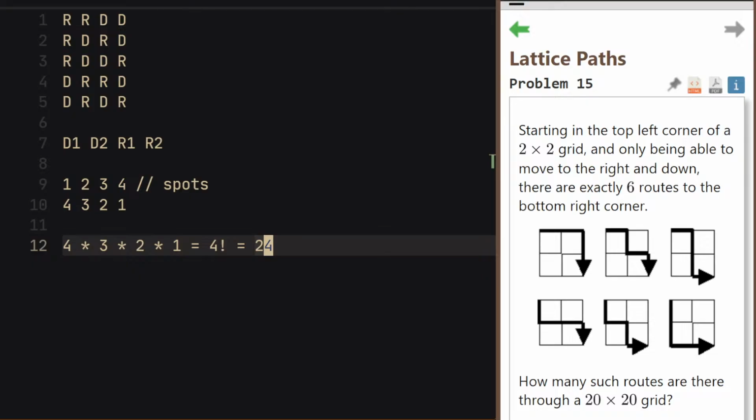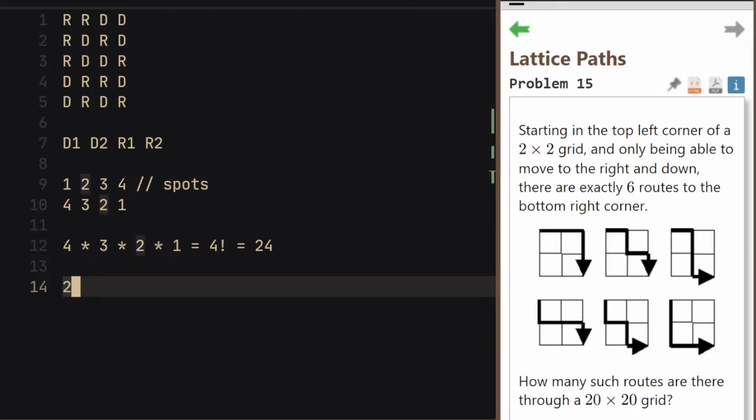Number of different ways. Oh, you know what? This problem is just the number of different ways we can arrange 2 items in 4